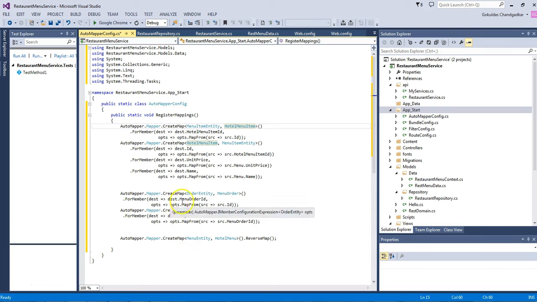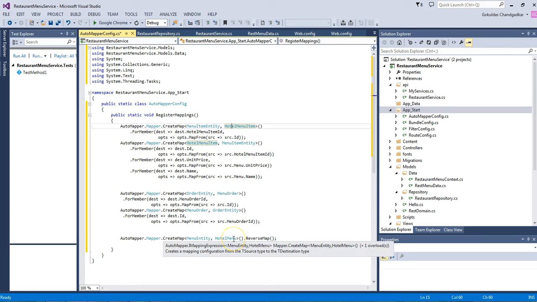And similarly, here we create a mapping between order entity and menu order entity. Again, most of them are similar, except for the ID. And this is the final mapping between menu entity and hotel menu, and both are identical. So we have created the map, and once we call reverse map, it maps between hotel menu and menu entity. So with these changes done,